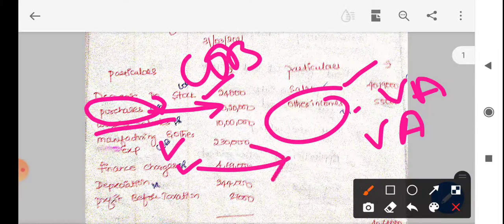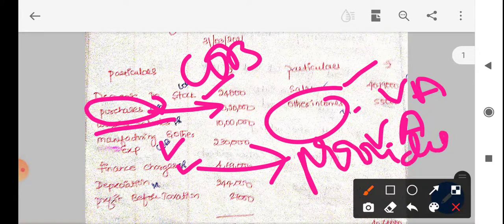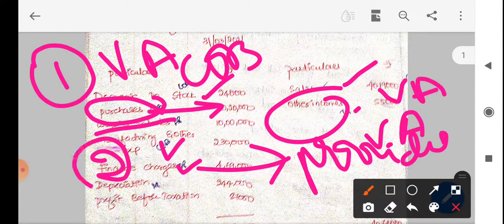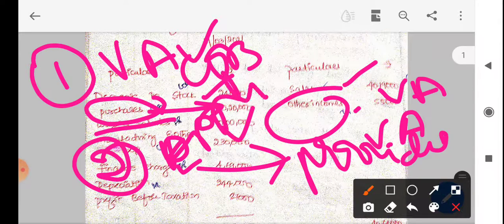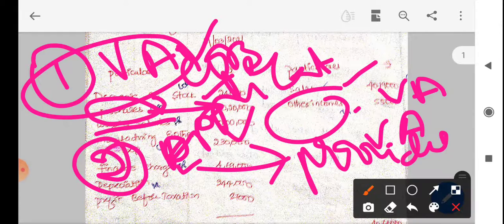Finance charges is relating to the providers of capital, so providers of capital will come in application. So to pay for the providers of capital we will show this. Next we have depreciation. Depreciation can be shown in two ways. One way is treating it in the value added statement, the next way is to treat it in the application. Both ways I have already explained. In this problem we are going to show this in the application. From the next problems we are going to apply this method also, so that there will be no confusion in your minds.